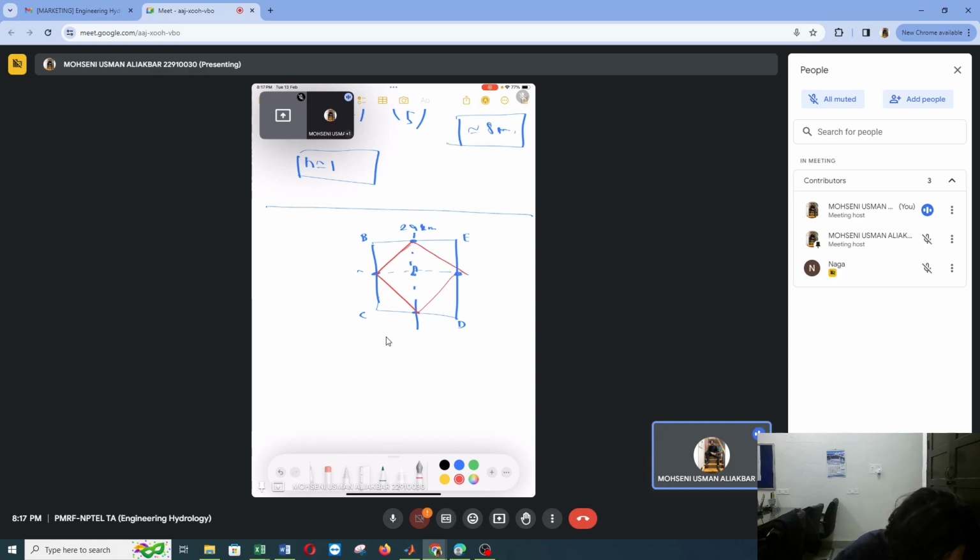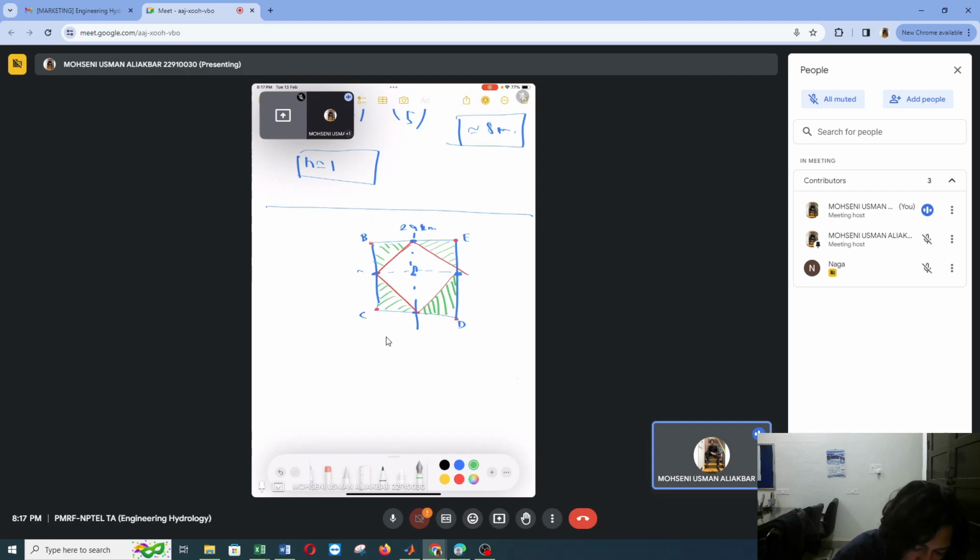So we can say that the rain gauge which is at E is only going to account for this area, is only going to measure or record rainfall which is happening in this area. Similarly, the rain gauge which is at D is only going to measure the rainfall which is occurring in this area. Similarly for B and similarly for C,